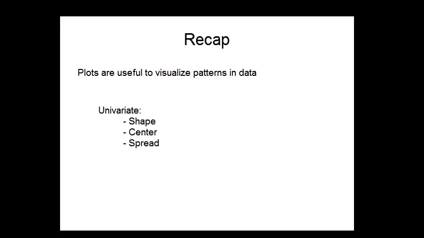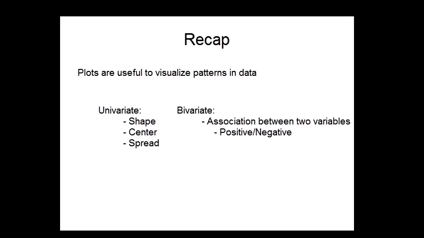Now that we have explored univariate and bivariate distributions, let's recap what we've learned. While tables of data can be useful, graphing the data in either univariate or bivariate distributions gives a much richer picture of the data. Concerning univariate distributions, we get a picture of not only the shape, but the center and spread of the distribution. Concerning bivariate distributions, we can graph the strength and direction of a relationship between two variables